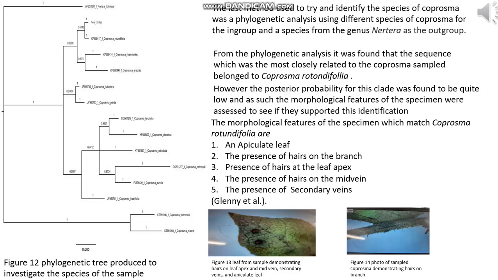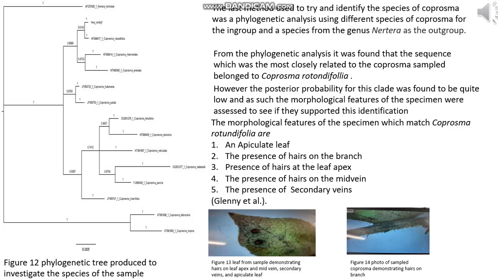The last method used to try and identify the species of coprosma was a phylogenetic analysis using different species of coprosma for the in-group and a species from the genus Nertera as the out-group. From the phylogenetic analysis, it was found that the sequence which was the most closely related to the coprosma sampled belonged to Coprosma rotundifolia. However, the posterior probability for this clade was found to be quite low, and as such,